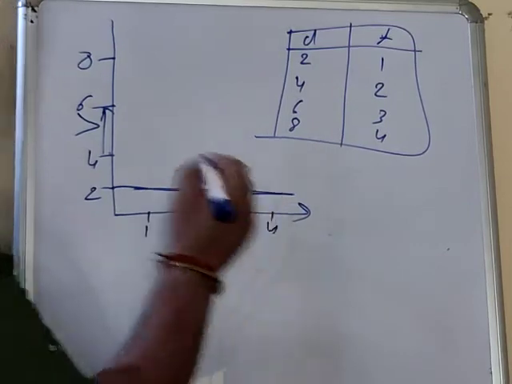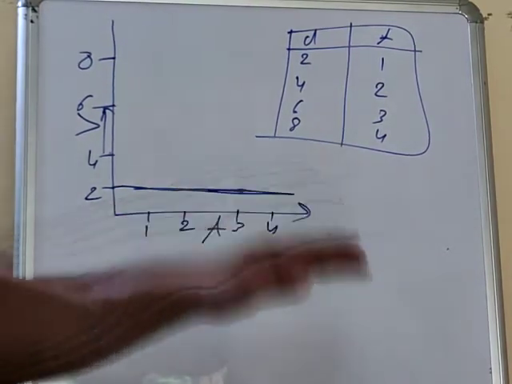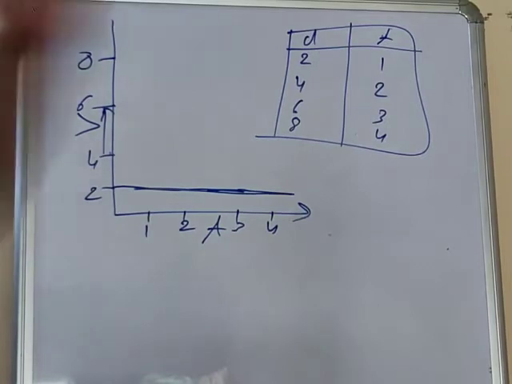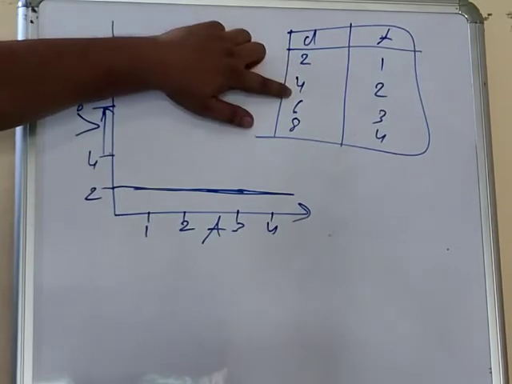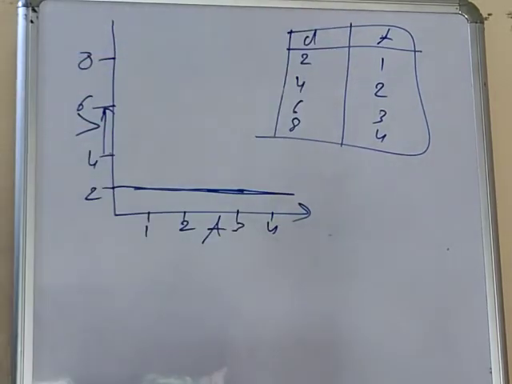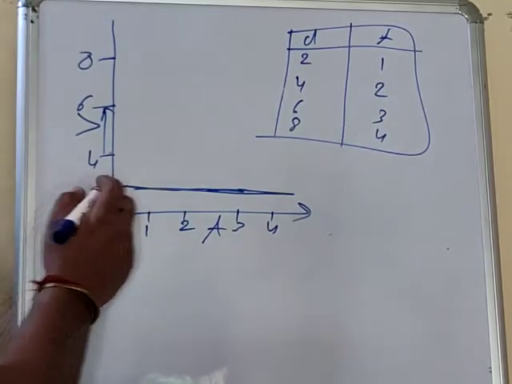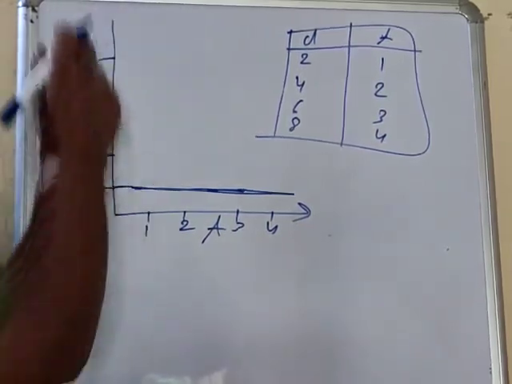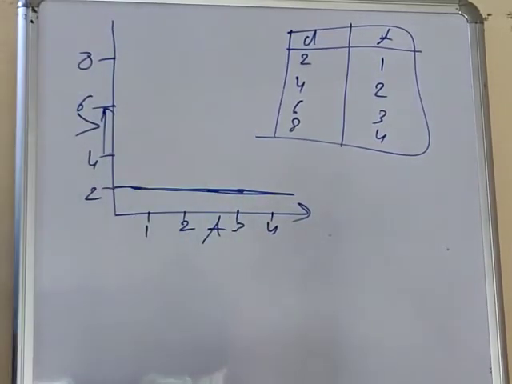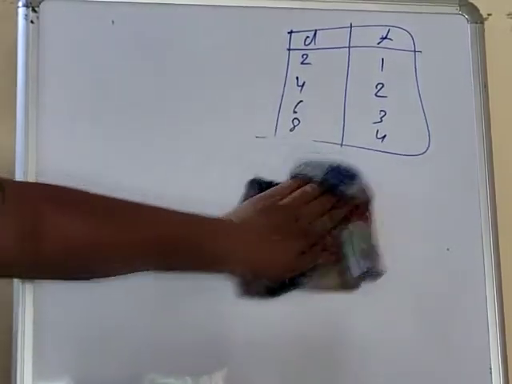Why? Because time is changing continuously but velocity is constant. So what is the velocity here? 2. Here distance is changed but when you find the velocity or speed, your speed or velocity is constant, and generally we know that uniform motion is a motion in which speed is constant. So if speed is constant, there is no change in the velocity graph, only change in time. Okay beta, so this is the velocity time graph.